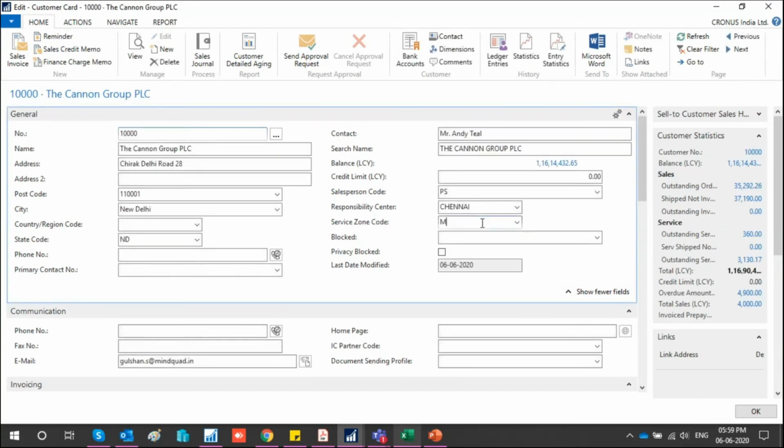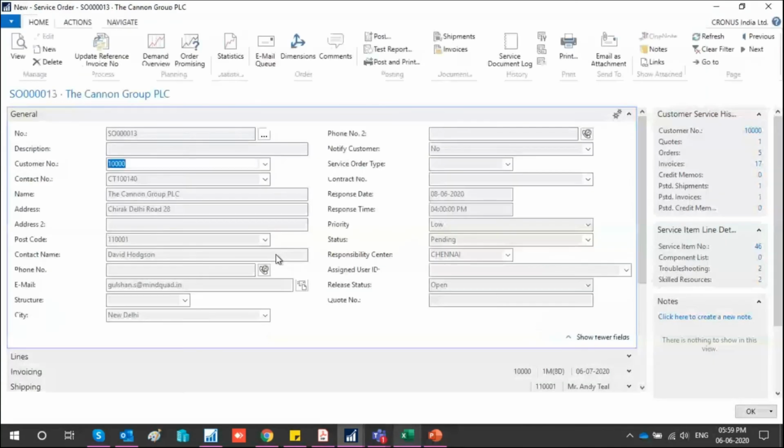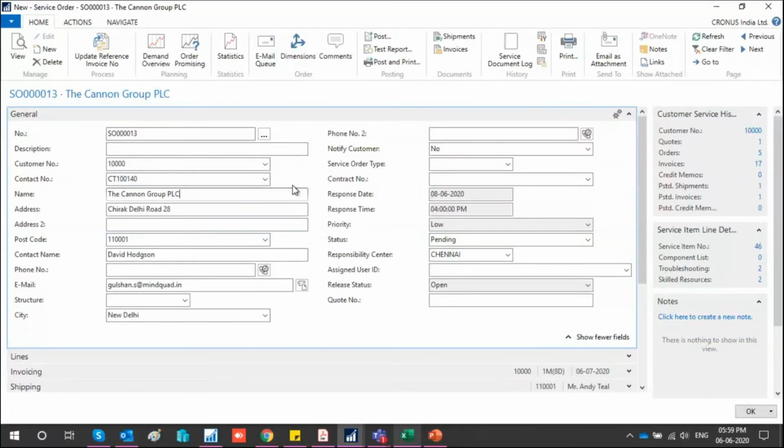So this zone code has this significance in service module. Because this is tagged in the customer card, it flows to the service order header. And because of this, when I'll be assigning any resource to the service order, I'll be able to assign it for the correct region.